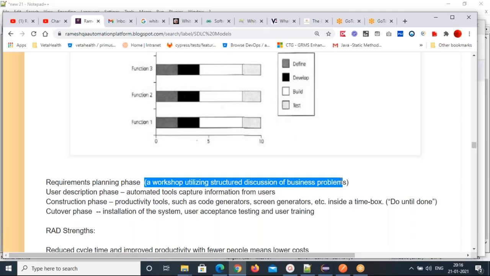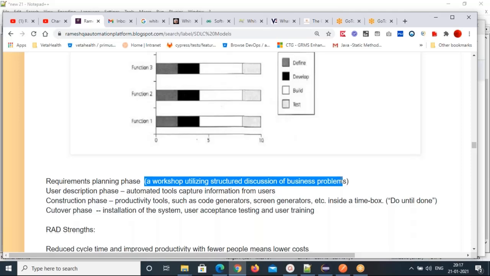Then the construction phase uses productivity tools such as code generators and screen generators. Inside a time box, construction keeps going. Construction is nothing but coding. Cutover phase means installation of the system, user acceptance testing, and user training.